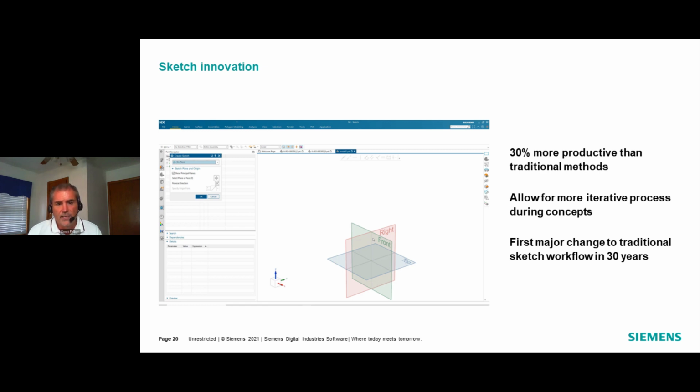Siemens is changing the world of sketching by making the biggest changes to the way people sketch in over 30 years. With our latest sketch capabilities, we relooked at what you wanted to achieve, and we are delivering a new approach to sketching that has already been shown to reduce the average time users spend capturing ideas by over 30%. And when you consider that many users spend as much as 15% of their day sketching, that's a significant improvement on productivity. Let's go ahead and take a look at the movie on sketching.